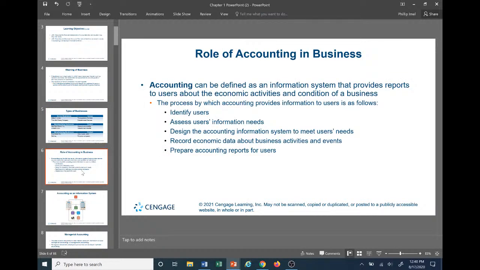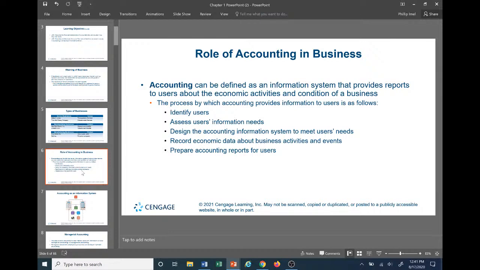So what exactly is the role of accounting in business? Pretty much, accounting is defined as an information system that provides reports to users. These reports summarize the economic activities and conditions of a business, meaning their strengths, their weaknesses, what they're good at and bad at. This can all be derived from the financial data that we see. The condition of a business, at a point in time, is its financial strength, meaning its assets compared to its liabilities and equities, or its profitability, how it performs. We can measure that on an income statement based upon how much net income or net loss a company has and how it expends its cash.